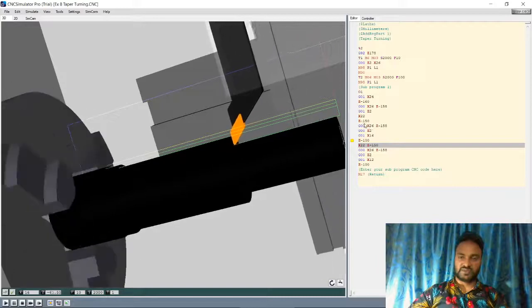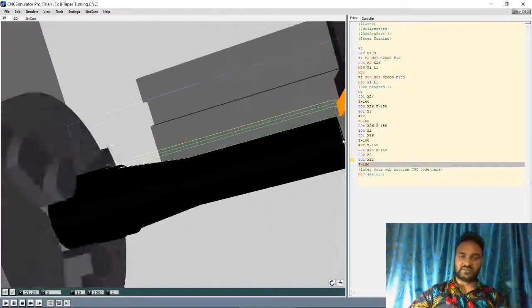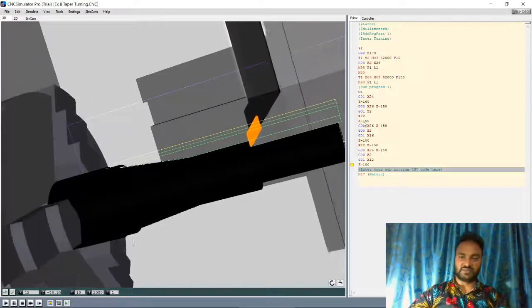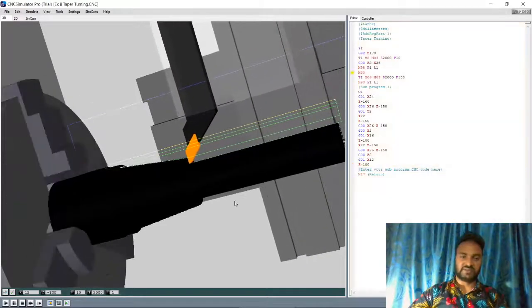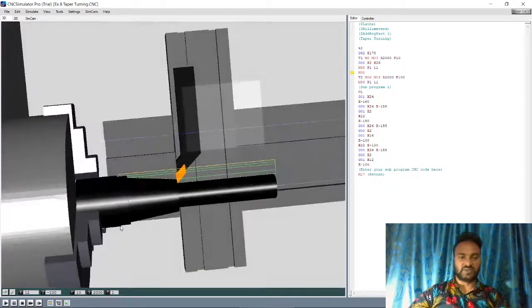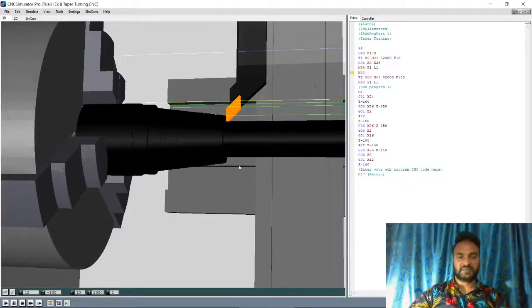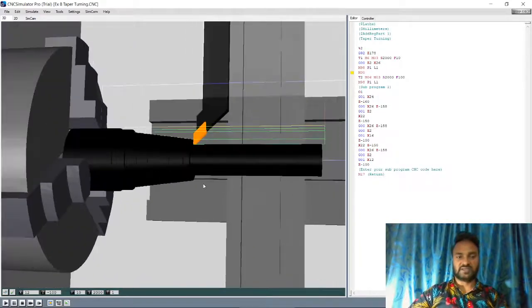So next it will go X22, that length of Z25, Z150 mm length. Okay, so we have made this part using step turning as well as taper turning.